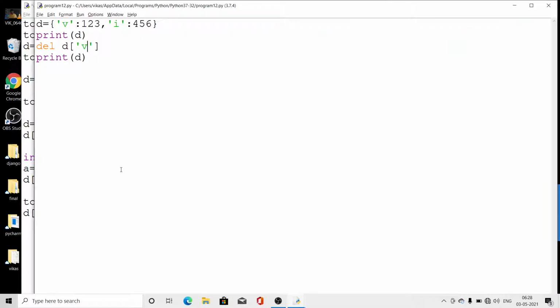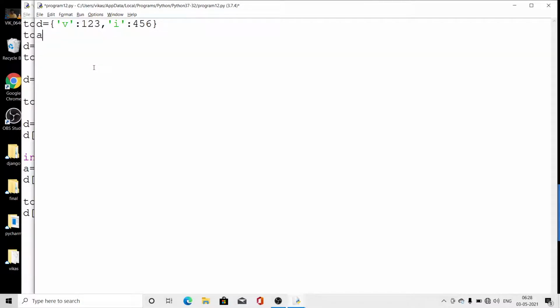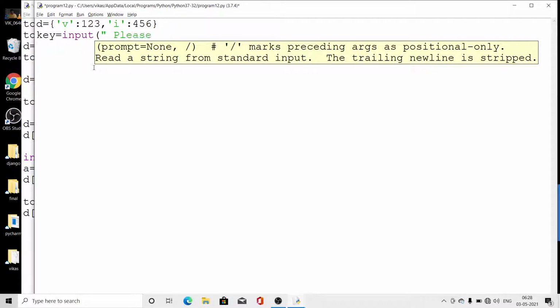So my dear students, if you are going to perform deletion of a key inside the dictionary, and that is based on input, look here how. Key is equal to input, and I take the input. Please enter the key to delete from dictionary.